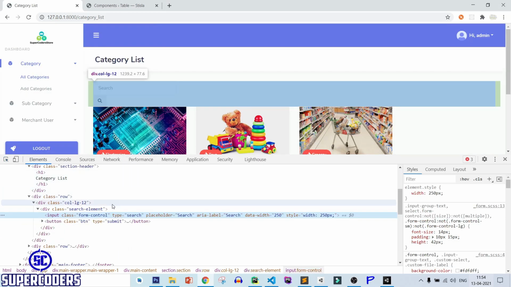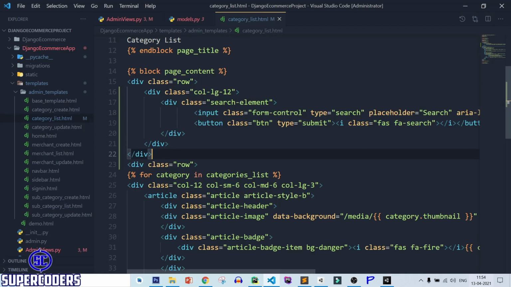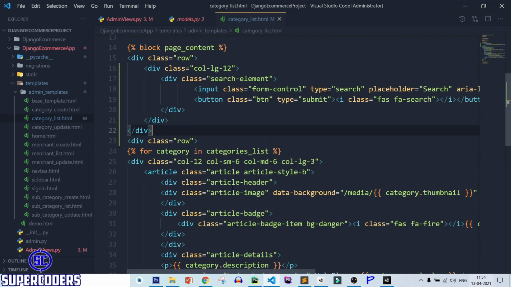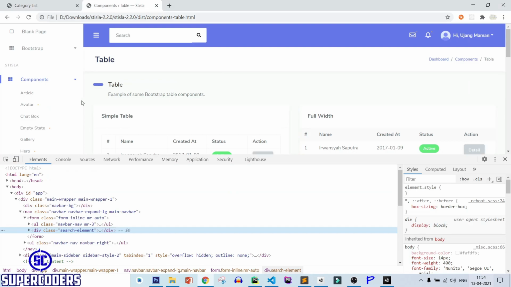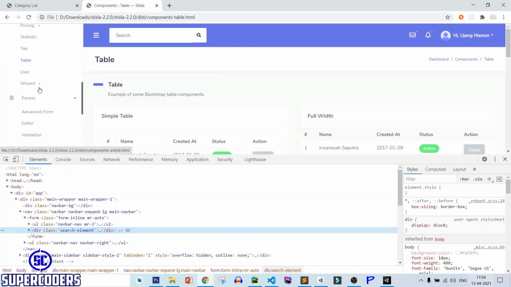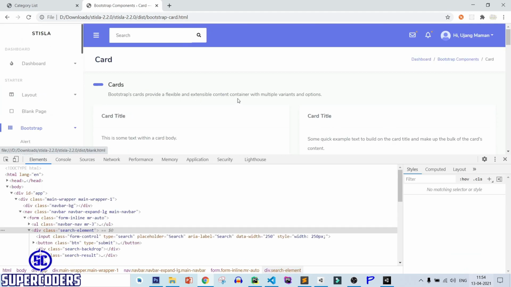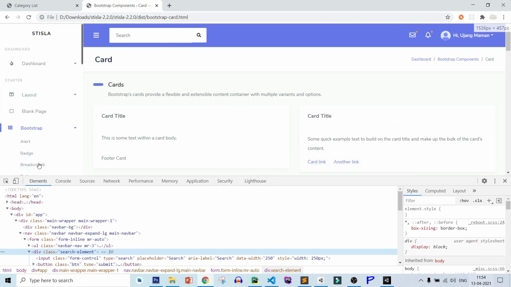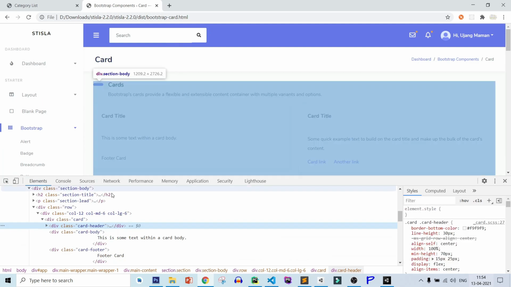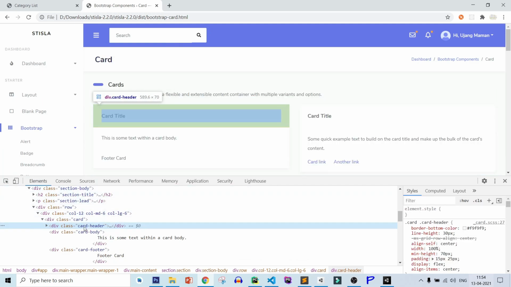So let's change the position or adding inside card. So let's add inside card. So you can see the simple card.